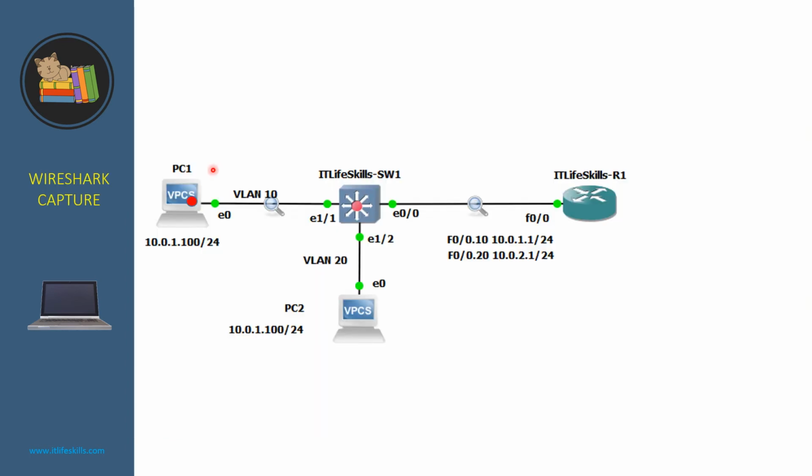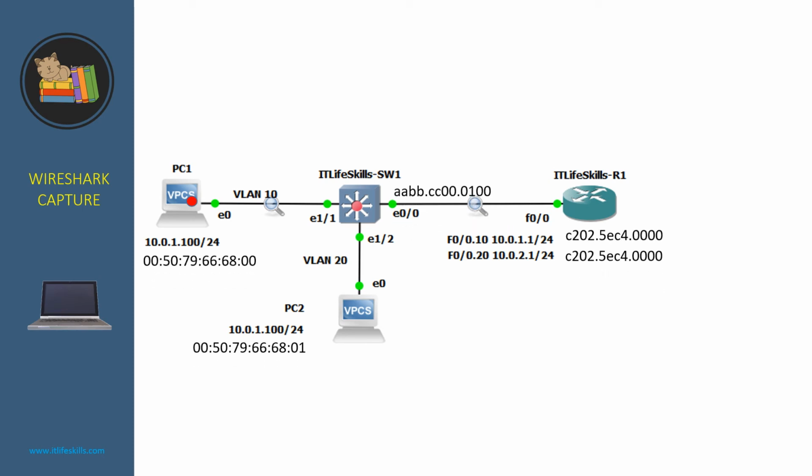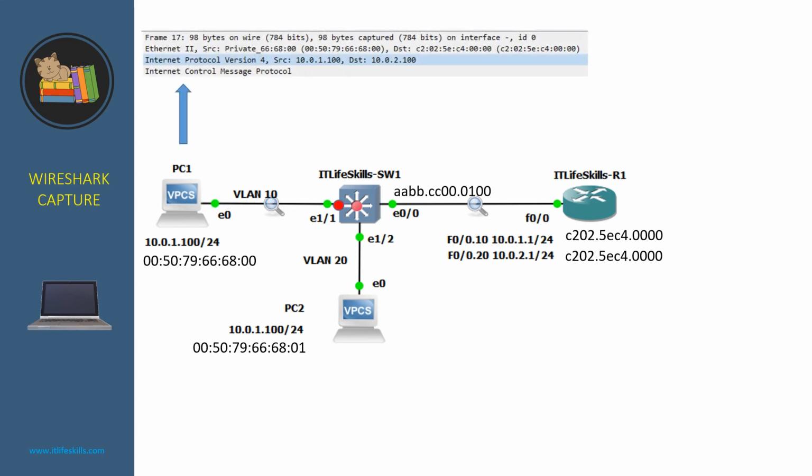While pinging from PC1 to PC2, I also performed the Wireshark capture on this link, and this link. Since this is the Ethernet frame movement, we need to pay attention to the MAC addresses, and here are the MAC addresses of the interfaces in this network. Now let's look at the frame movement from PC1 to switch 1, and here is the Wireshark capture. As you can see, the frame has no